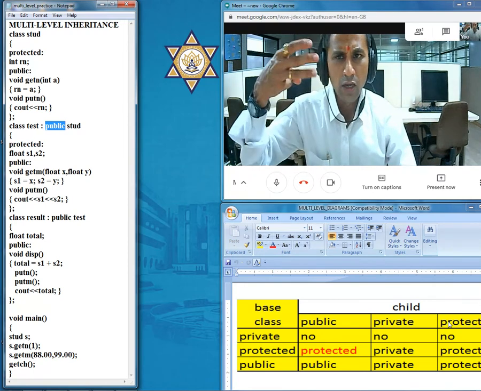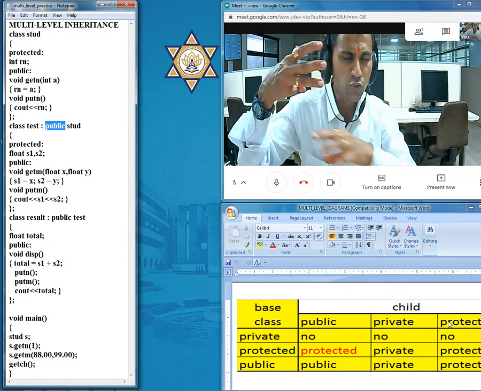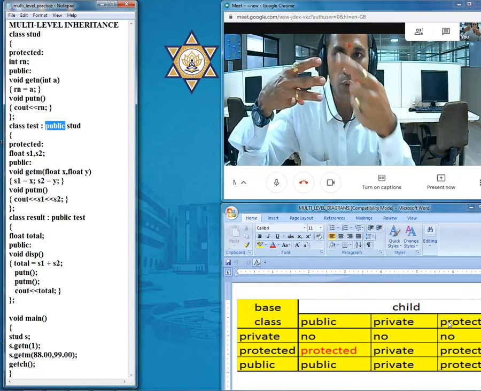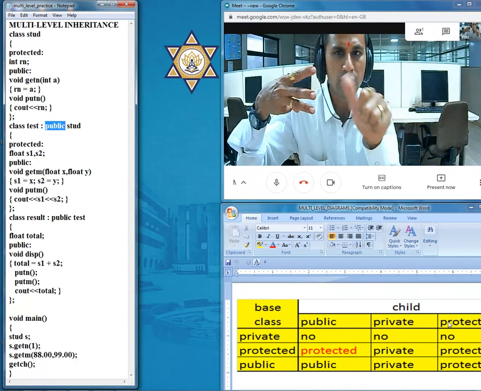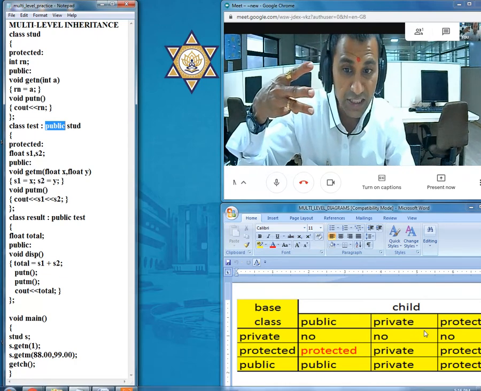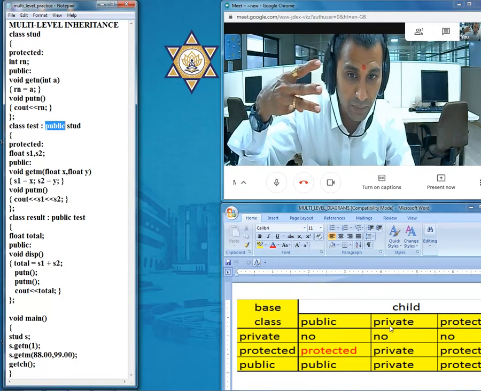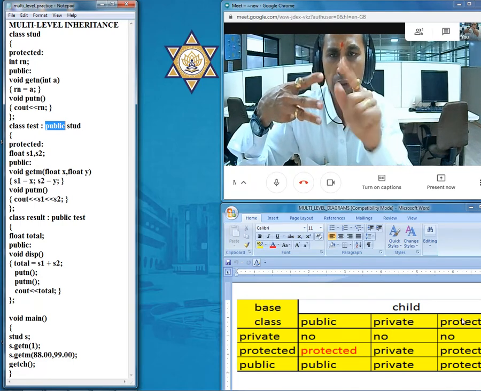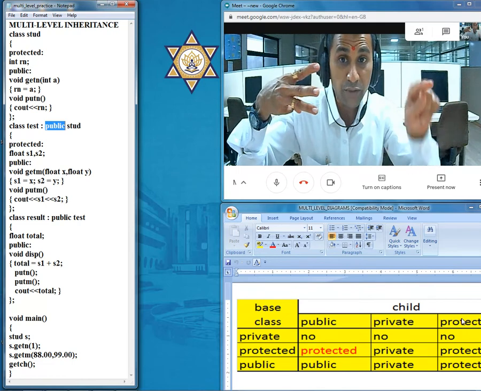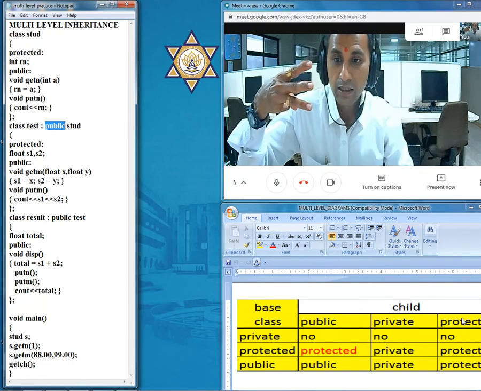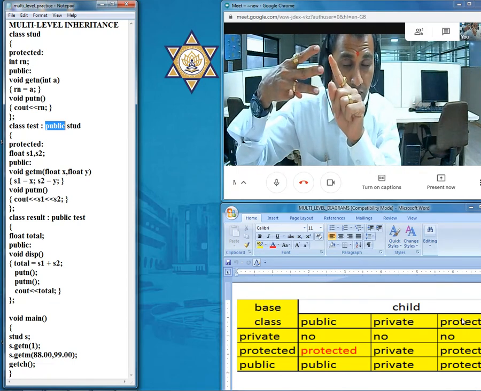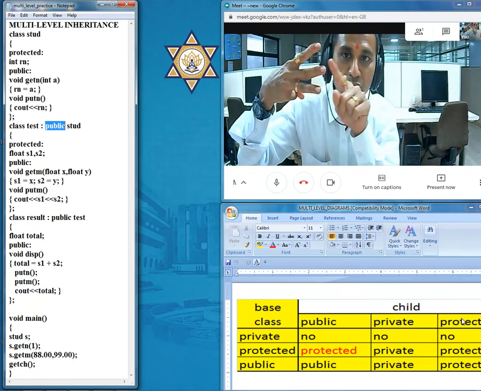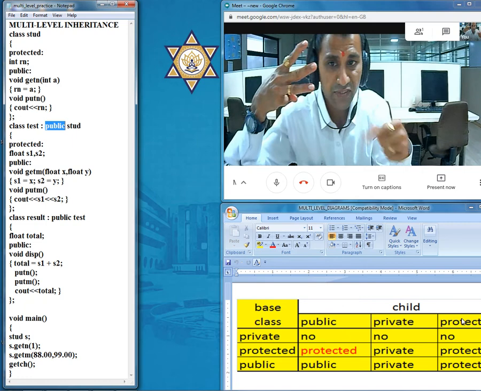Now about the base class. Let us go through the table content very quickly. Whenever the base class properties we are talking about are private, whether the child class receiving mode is public, private or protected, the private properties of the base class will not be derived inside the child class. That's it. Second option, if the properties of the base class are defined using protected, in that particular case,